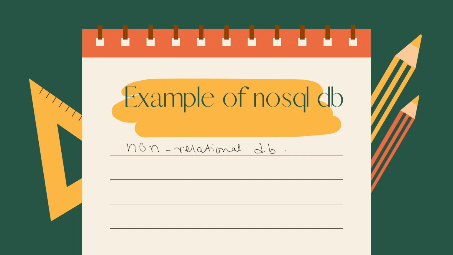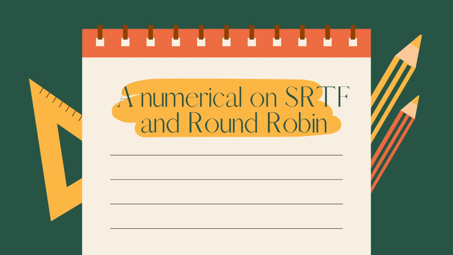Okay, now let's see what the next question was. The next question was a numerical on the shortest remaining time first and the round robin algorithm. Now we have discussed in detail the shortest remaining time first and the round robin algorithm in the course. So SRTF is just the preemptive version